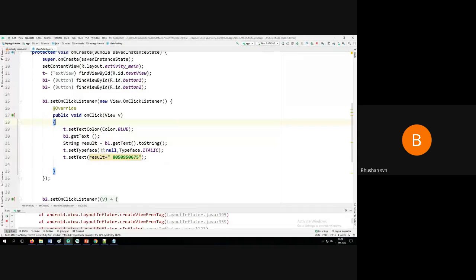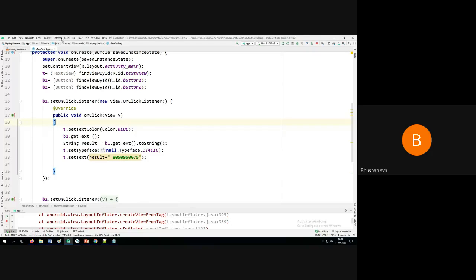When I click on button one, whatever contents are there in the text view should change. Here I am setting the text at runtime.